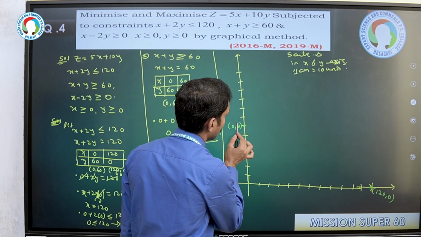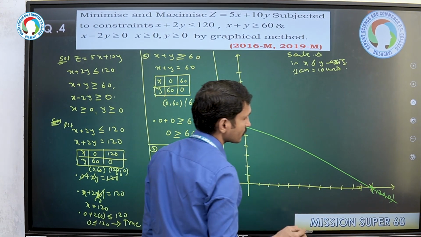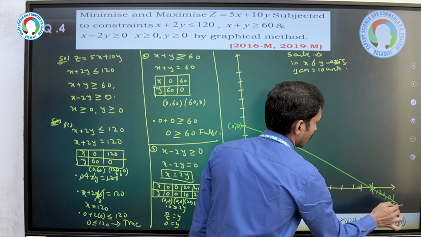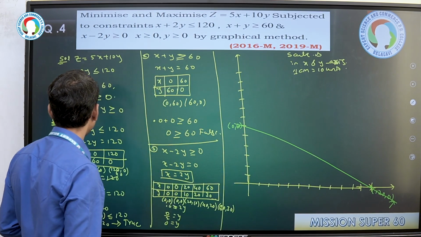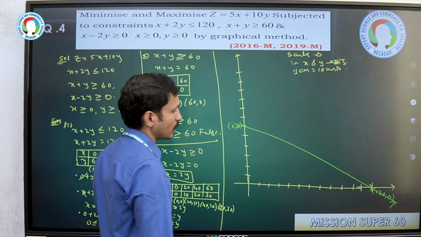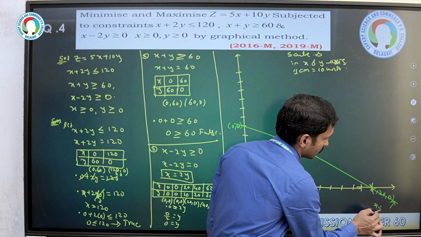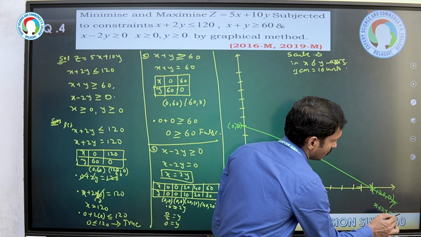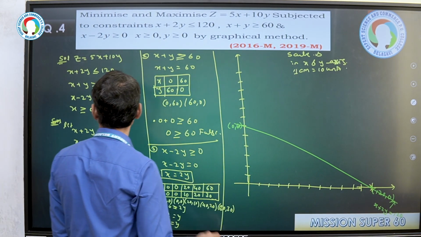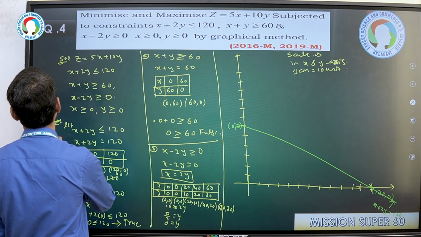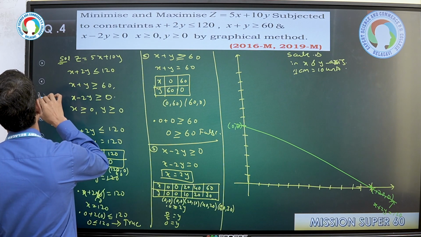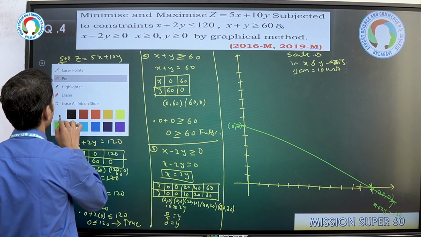So this is the line. You just give the name for this. What is the name? X plus 2y is equal to 120. After this, the line is called